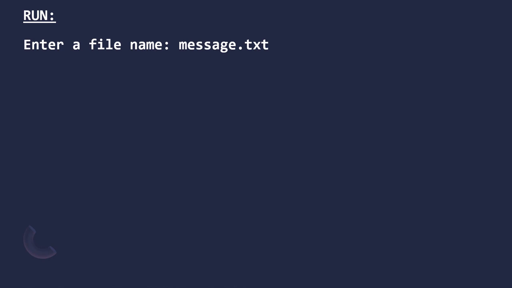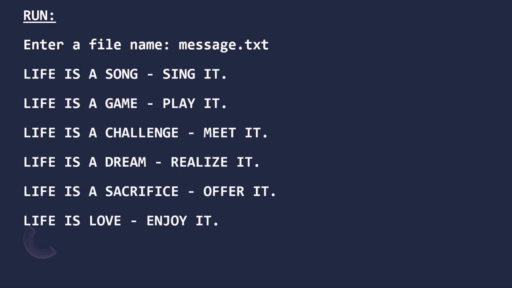Now once you run the program, it will ask the user to enter a file name. Let's say I have entered a file with the name message.txt, which I have created. Here you can also pass any file name which is there in your system, or you can create any text file. Then you can see the output is like this. Whatever is the content of the file message.txt, that is read and displayed line by line. So there are 6 lines in this file, and it is displayed in uppercase. All characters are in uppercase, but in the actual message.txt file, the characters are not all in uppercase.